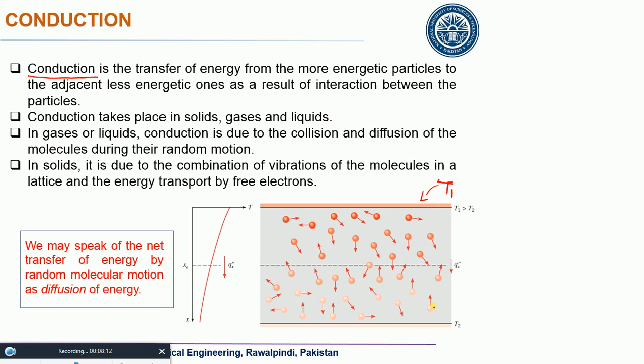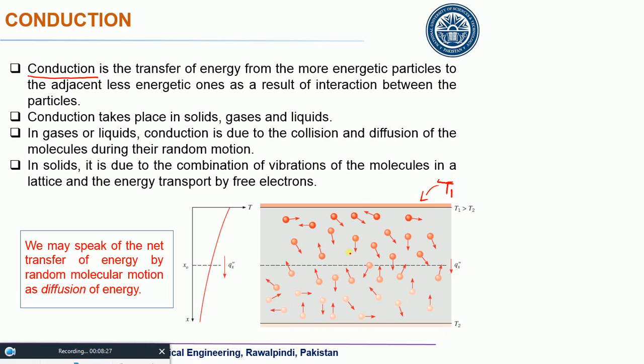Now if T1 is greater than T2, the energy would be transferred from this side to this side. Now if you can differentiate the colors for these high energy molecules and these low energy molecules,